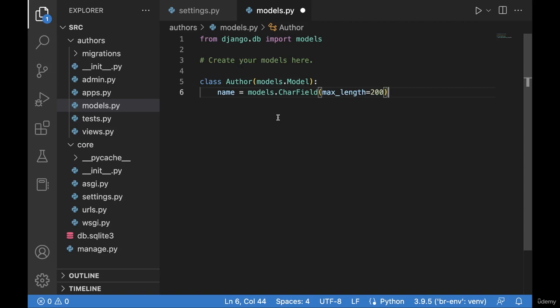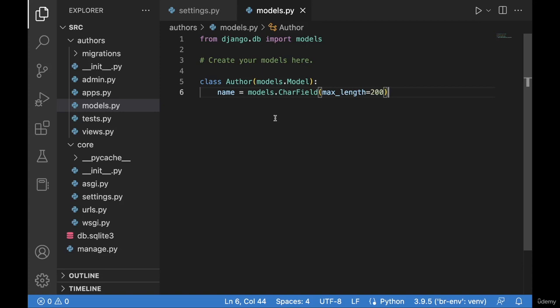So for now we can go ahead and save this, and what we can do is to create the migrations. Migrations in Django are like a set of instructions which tell our application how to update the database whenever we make changes to our code. They make it easy to ensure that the database schema simply matches our code, and we will see this in